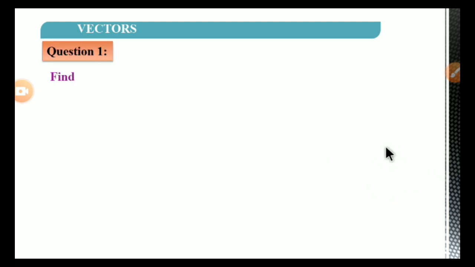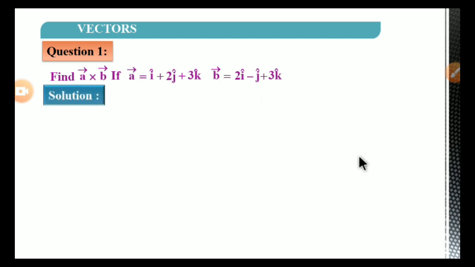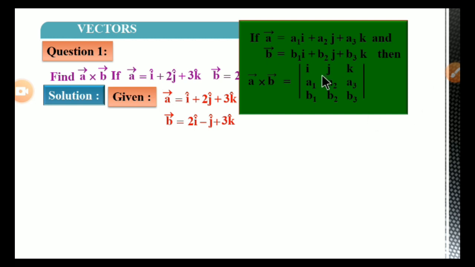Question number 1. Find a cross b if a is equal to i plus 2j plus 3k, b is equal to i minus j plus 3k. So for the solution, here we can take the given data and consider this note here, so that a cross b will be equal to the determinant of